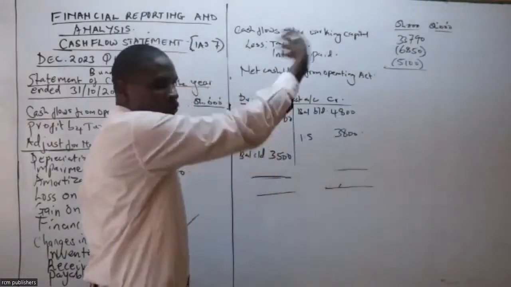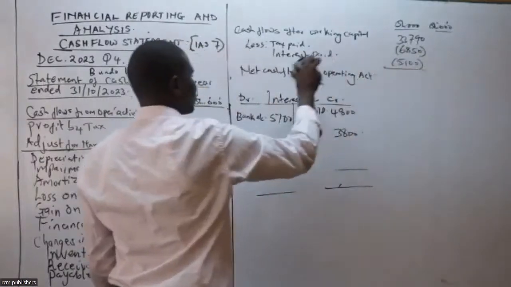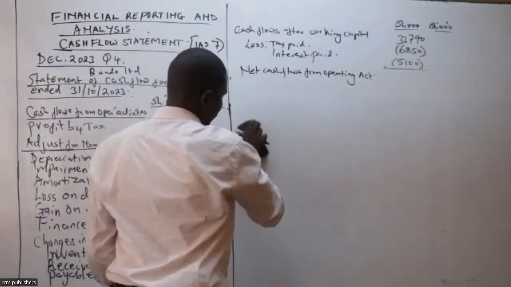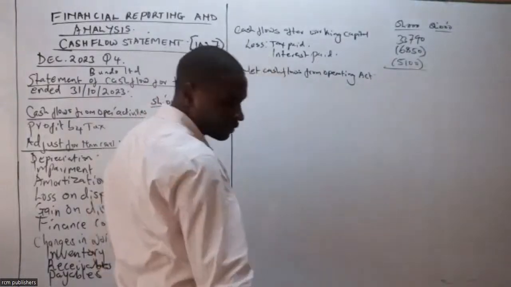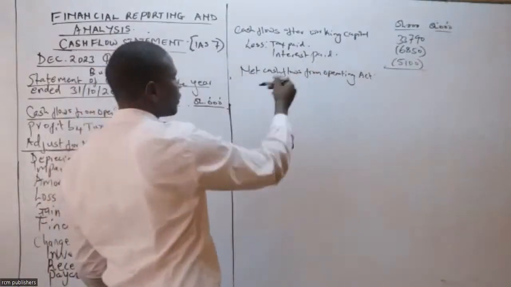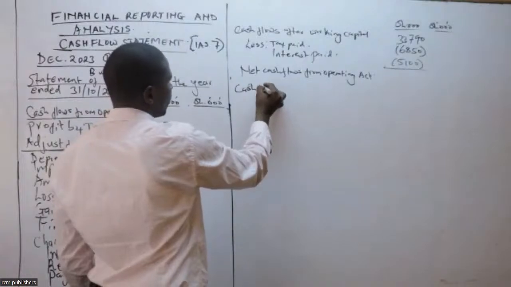So now that one you take it to the other column. Now, can you take that 3790 minus those two? So that we go to the next part of cash flow. Interest paid is 5100. Yes, Asante. So we shall go to the next part, which is cash flow from